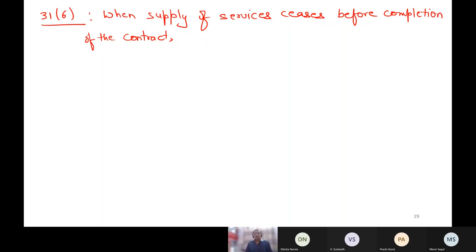Initially, the contract was for 1 year, but contract was terminated within 3 months. Then in this case, section 31(6) says that the invoice has to be issued latest by the date when contract terminates. So when supply of services ceases before completion of the contract, the invoice has to be issued